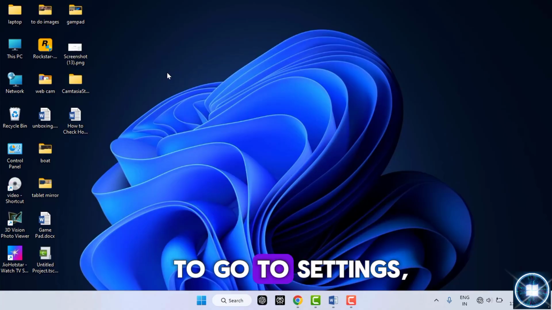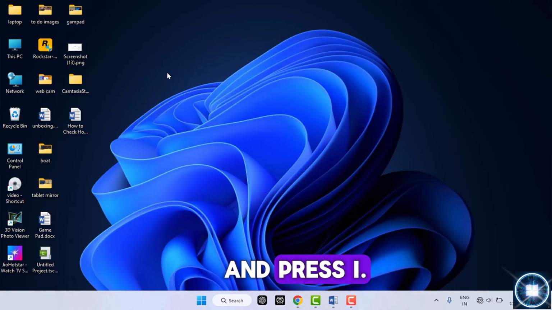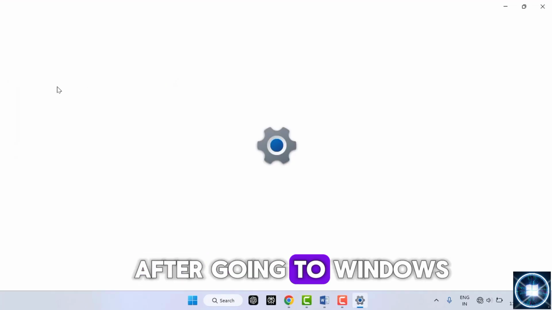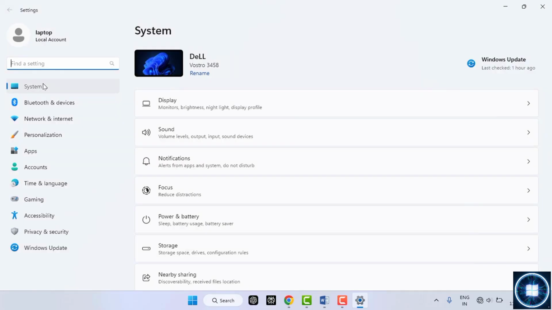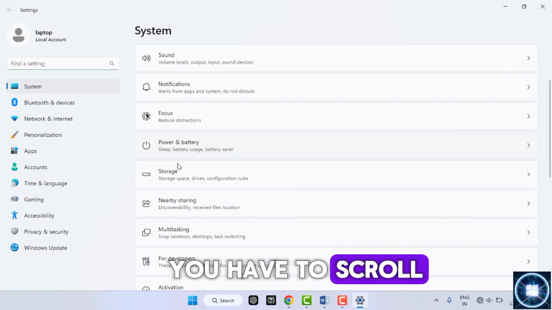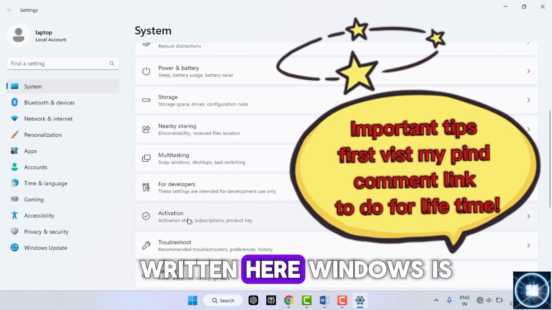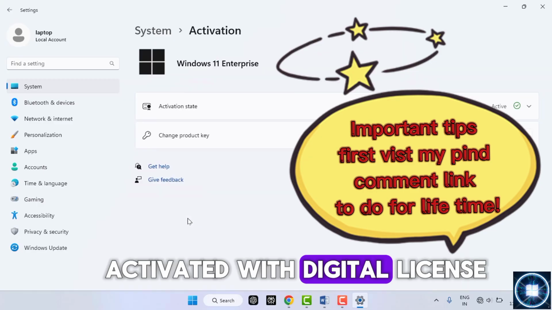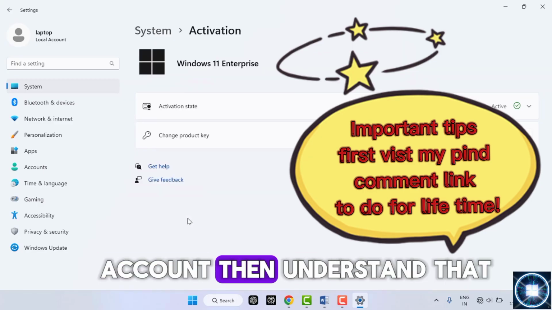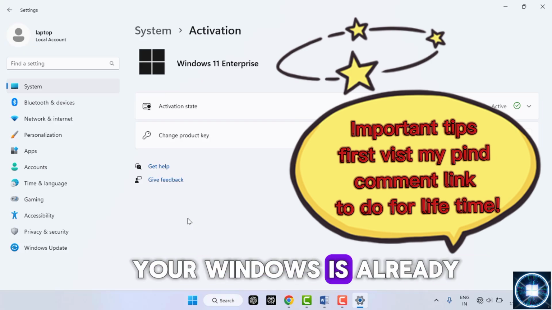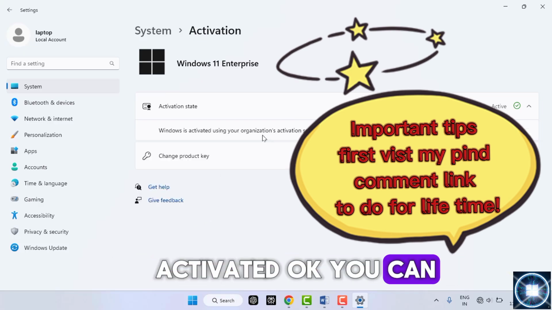To go to Settings, hold the Windows key and press I. After going to Windows Settings, you have to go to System. Here in System, you have to scroll down in the right panel and find Activation. If it is written here that Windows is activated with a digital license linked to your Microsoft account, then understand that your Windows is already activated. You can check it here. If Windows is not activated,